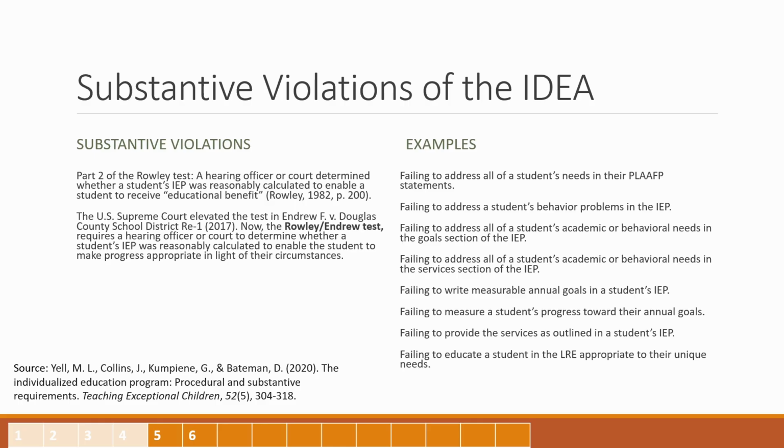So we as IEP team members, as special education teachers, need to take care to write data-based present level of academic achievement and functional performance, or PLAAFP statements, to write measurable annual goals, to specify level of attainment so that we can measure and document the child's progress toward their ambitious, achievable, meaningful, measurable goal, and provide services linked to disability-related needs that connect to measurable IEP goals.